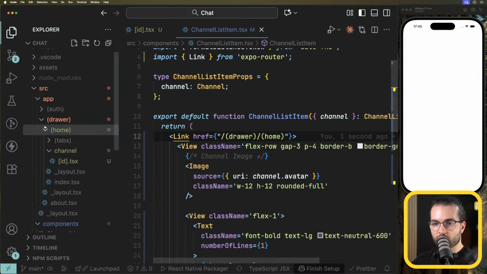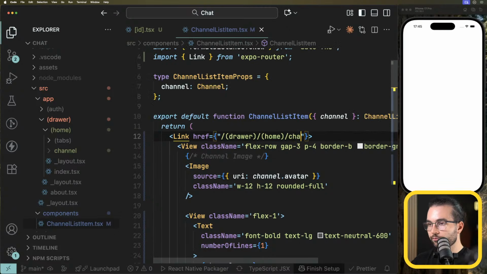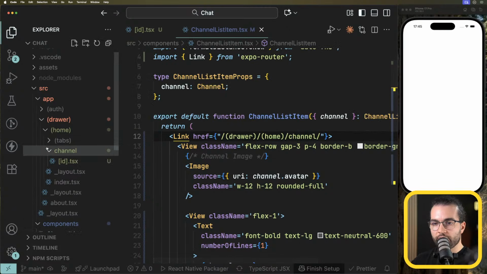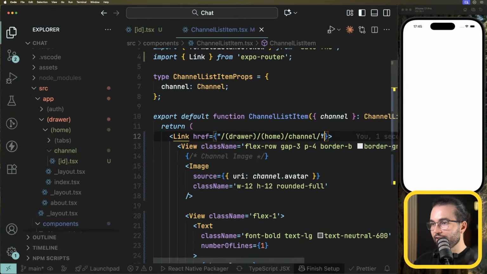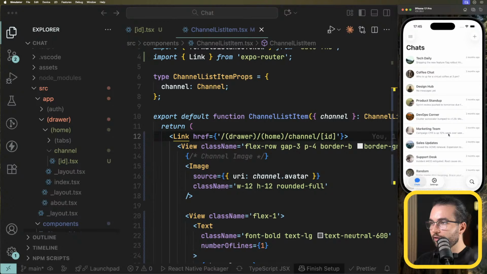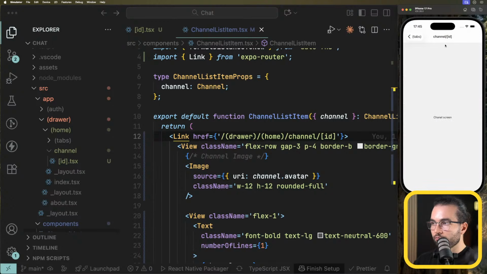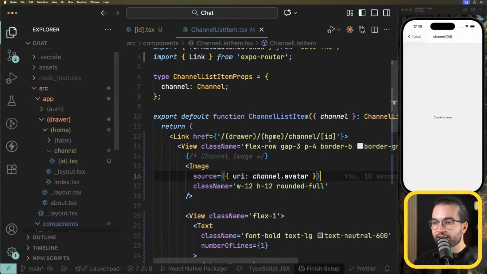Then from the home, we go to the /channel. That's another folder. Then we go to the screen. In this case, it's ID. You might think it's ID. Let's try it like that. Anyway, if I press now, I go directly there. Perfect. One thing that I want to mention is that folder names that are in open brackets, they are optional